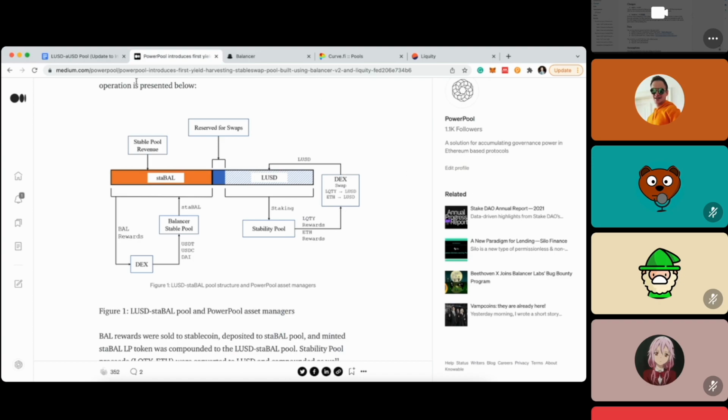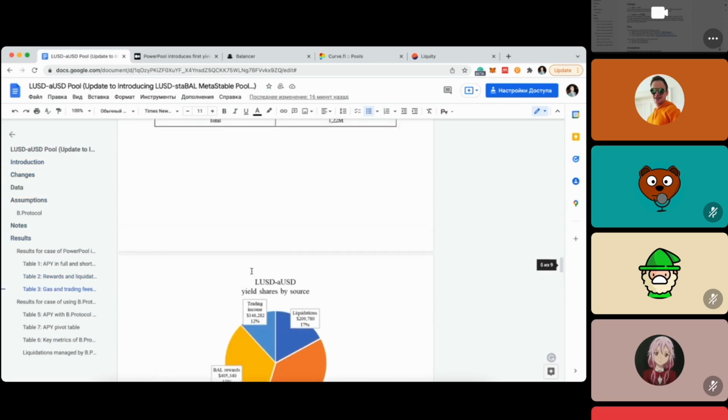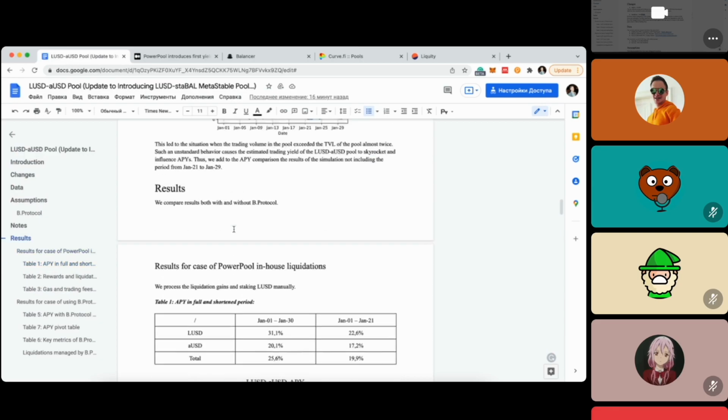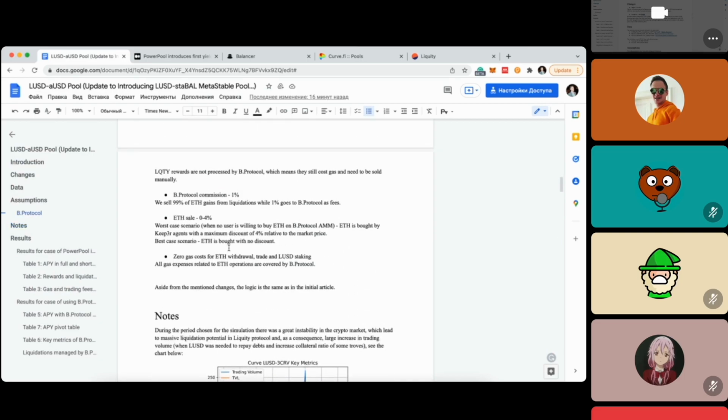So this pool cannot exist without Balancer V2, and this pool cannot exist without liquidity infrastructure, and efficiently without B protocol. So all liquidations on our own, as I said before. We calculated everything for in-house liquidations, and we can automate in-house liquidation. It's not a big problem, but we think that the beauty of DeFi is composability that we can use efficiently, and why we need to build up a protocol for liquidations if you can use the existing B protocol, and just save the time of development and save audit costs and deliver this product faster.